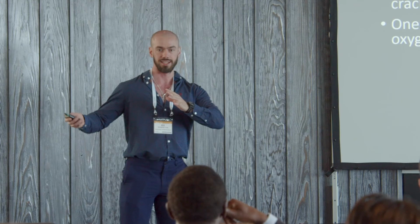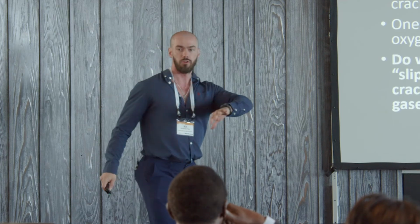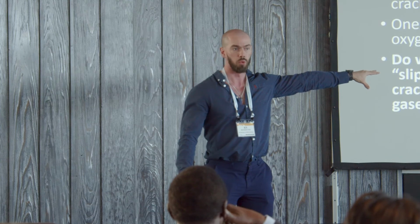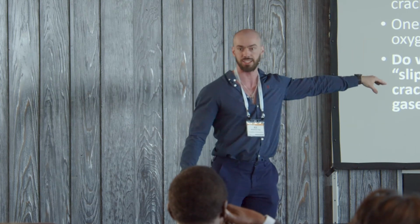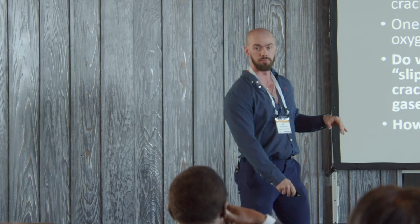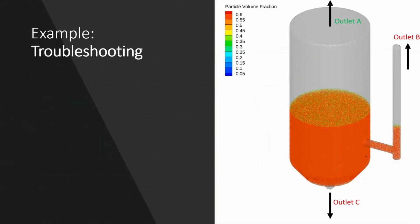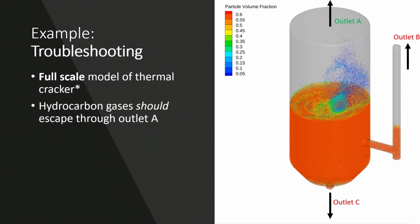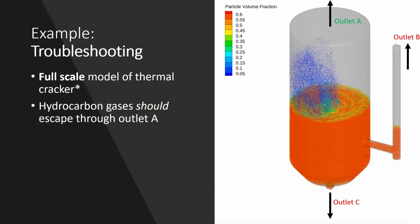one oxygenated environment, which means if we get oxygen going into the oxygen-free environment, we're messing up our pyrolysis. Worse still, if we get hydrocarbon gases going into our oxygenated environment, we get explosions. Okay, so slippage is a big problem in this system. So one of the things we were tasked with by Recycling Technologies was to find out how to minimize the possibility of this slippage. So this is one of my fakey models that looks a bit like their real reactor,